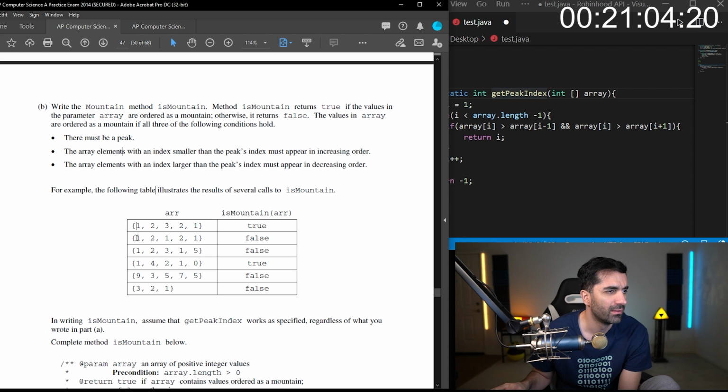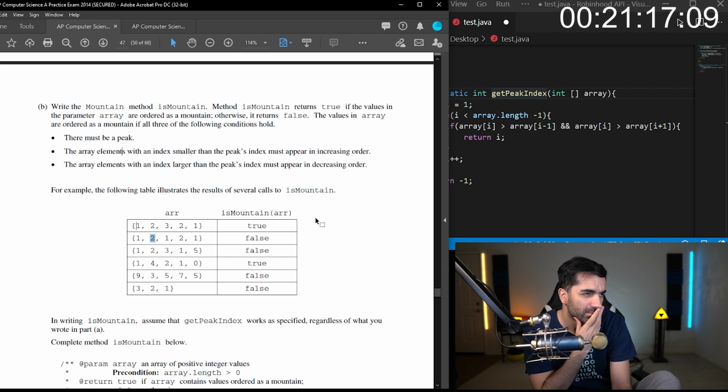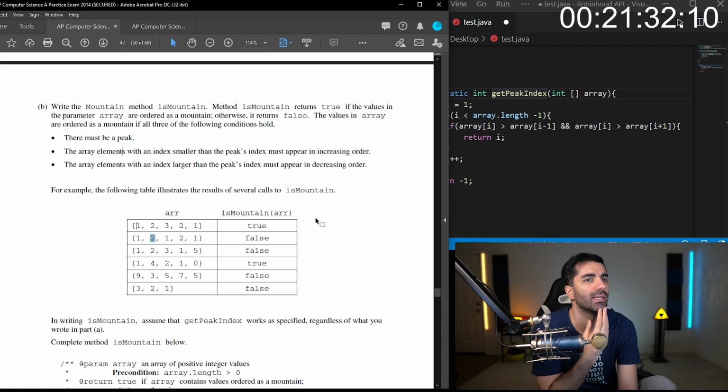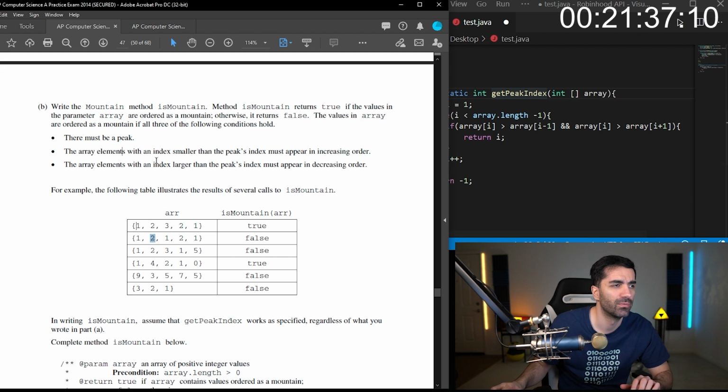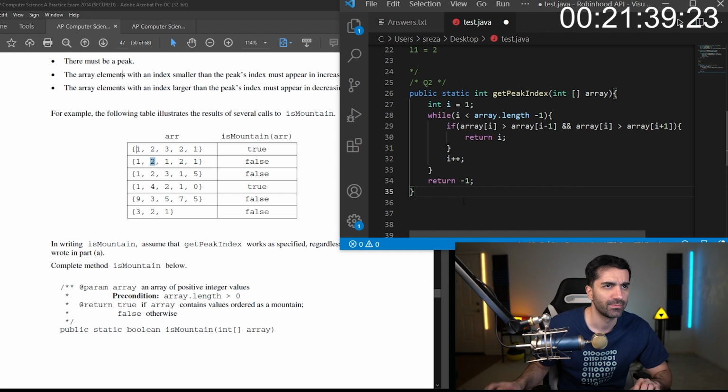So here, this would be a peak, right? But everything to the left has to be decreasing, and then everything to the right also has to be decreasing. So I think we would only call get peak index once. So let's see what this would look like.